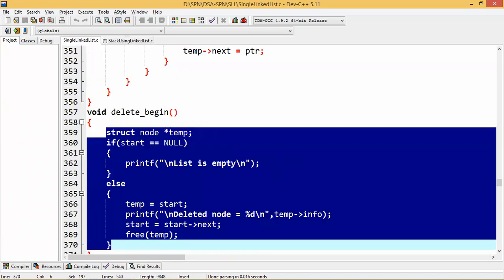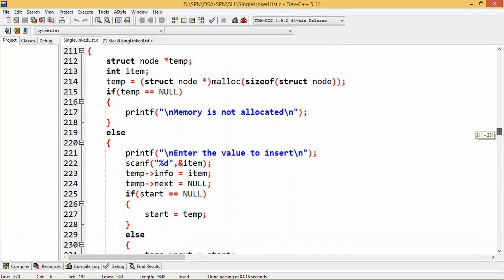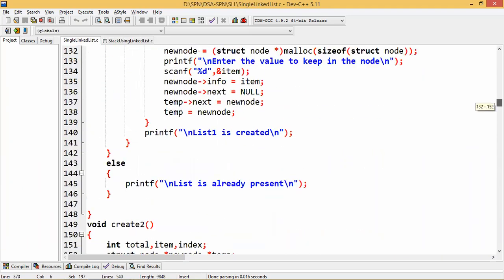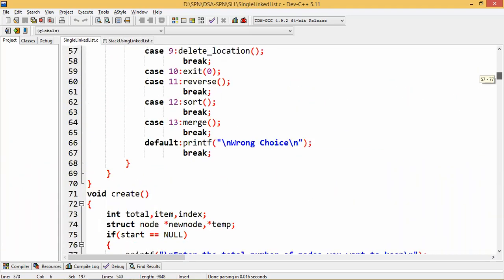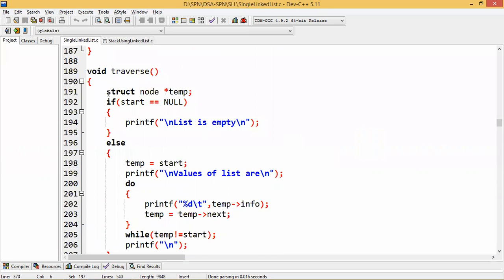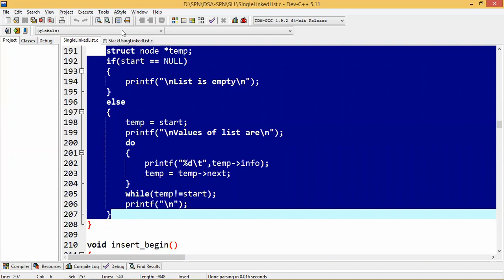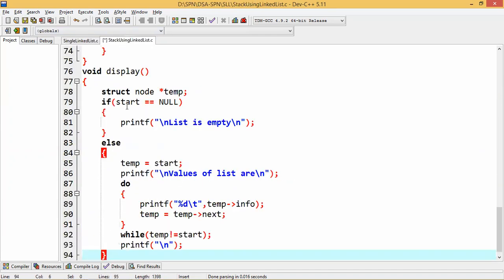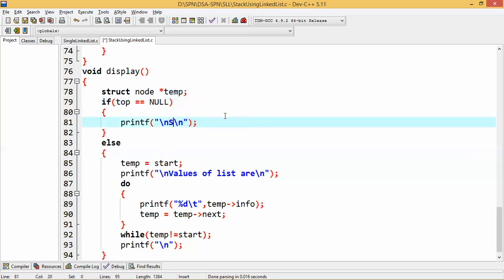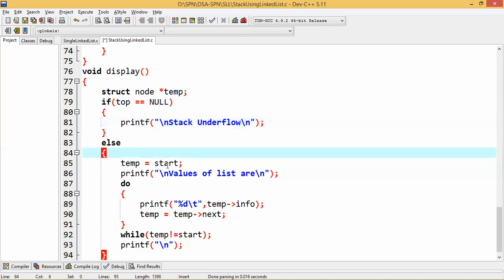I need to traverse the values of the single linked list. Okay. This is what we have traversed, and the same thing we'll do here also. But before displaying the values, first you check whether top is null or not null. Clear? So if top is equal to null, that means the stack underflow condition is there.